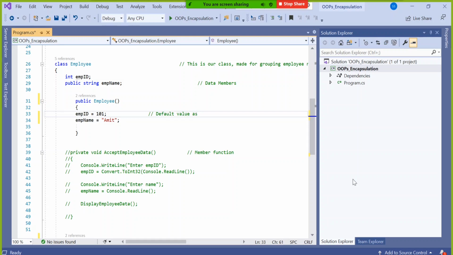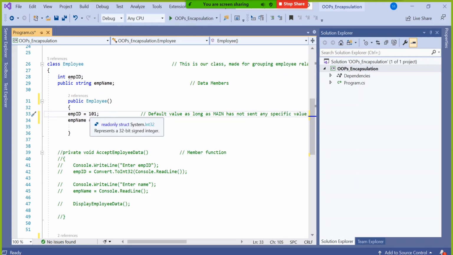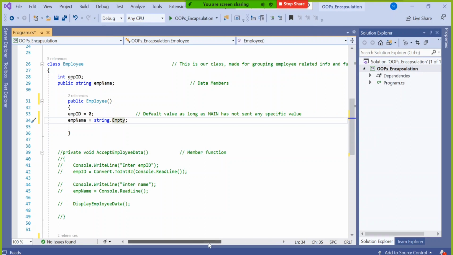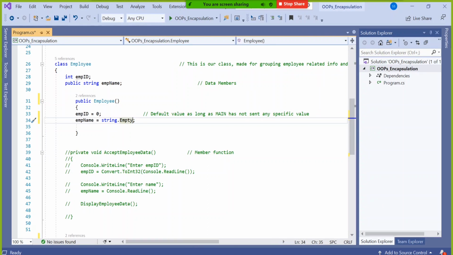As long as the main function has not sent any specific value, sometimes it may be 0 and blank, or 0 and string.empty. It depends upon your requirement. Imagine your company says as long as the user has not put in his user ID and password, take some administrator's user ID and password, then that will be the default value.